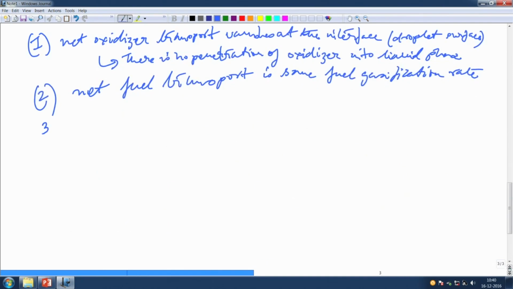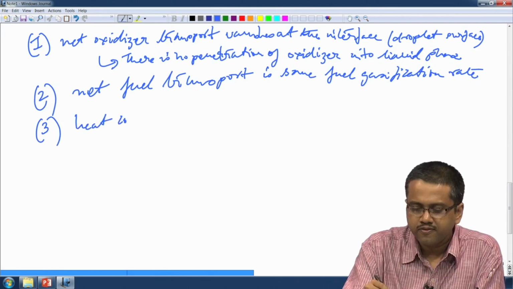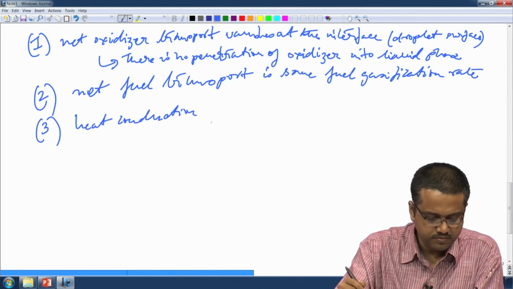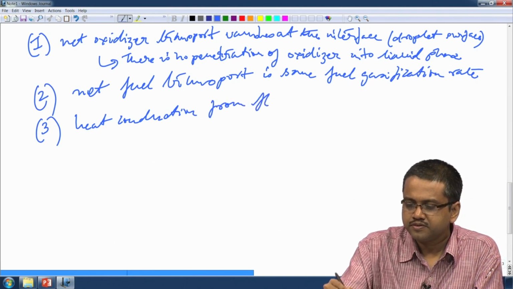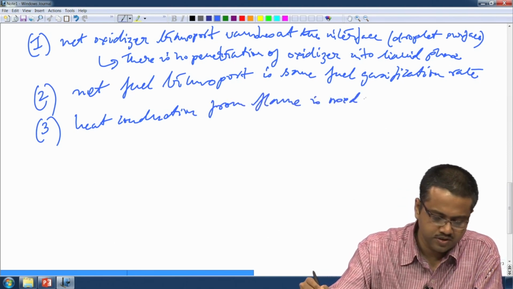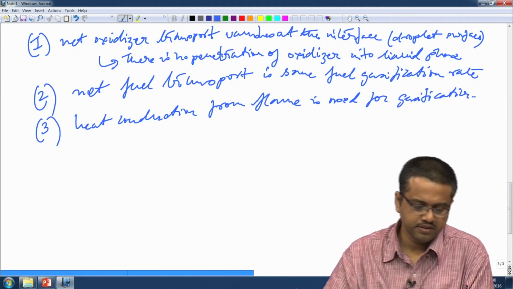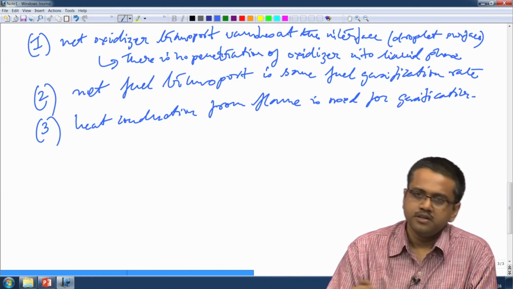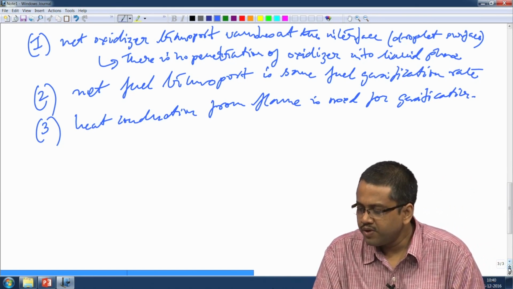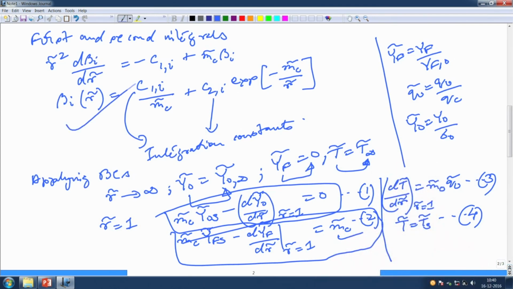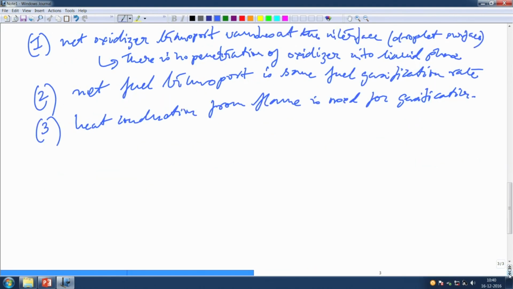So, that is what it actually implies, okay. The third actually tells you that the heat conduction from the flame is used for gasification. That is about it, right. So, what we have now is this equation which has got two constants of integration, these boundary conditions. Using all of these things together, that means solving,